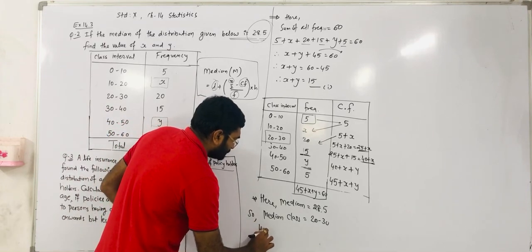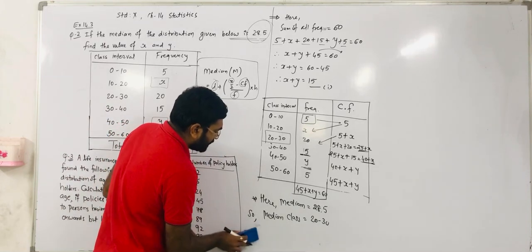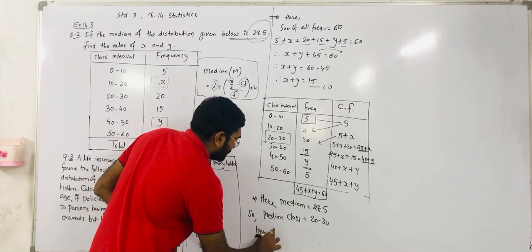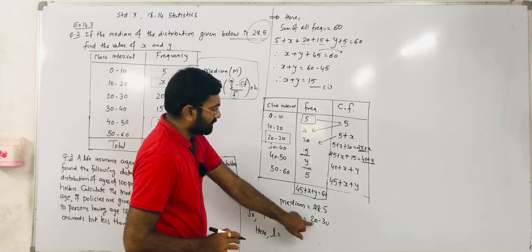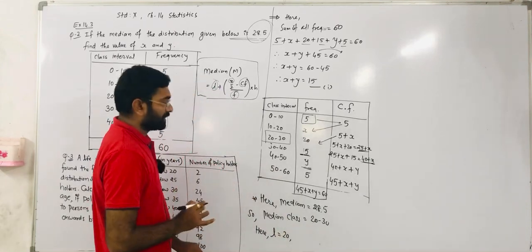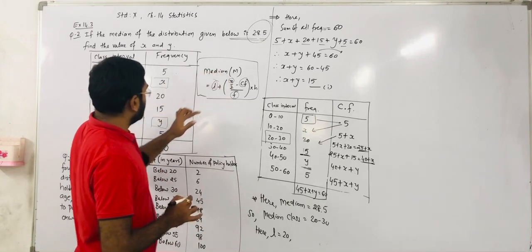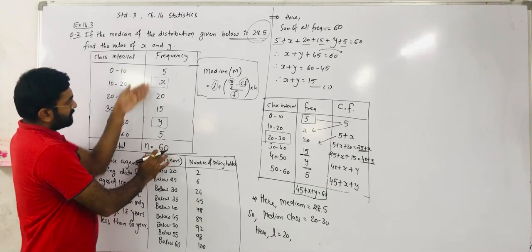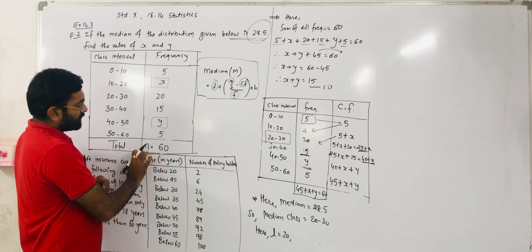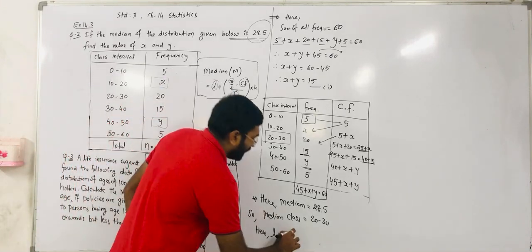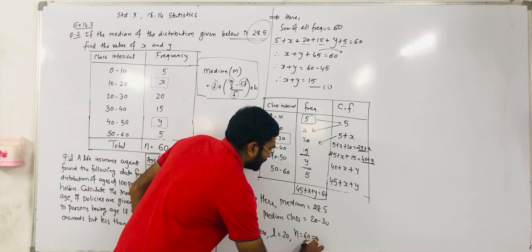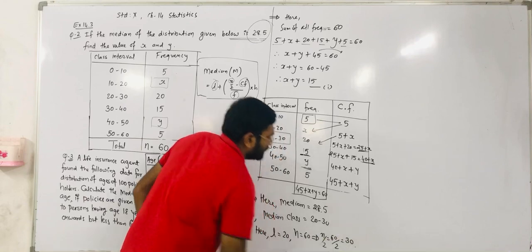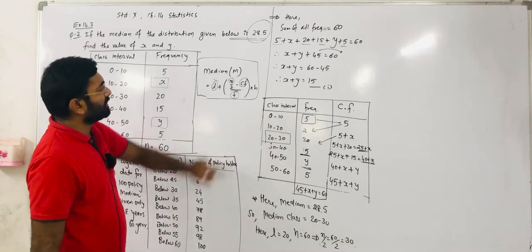Now we can define whatever values we require in the equation. Observe, here we require the lower limit of the median class. So the L value, the lower limit, is 20. Now the n by 2 value. See here in the question, n is 60, the total summation of all observations. So the n value is 60, and n by 2 is 60 by 2, which means 30. Then we require the cumulative frequency.